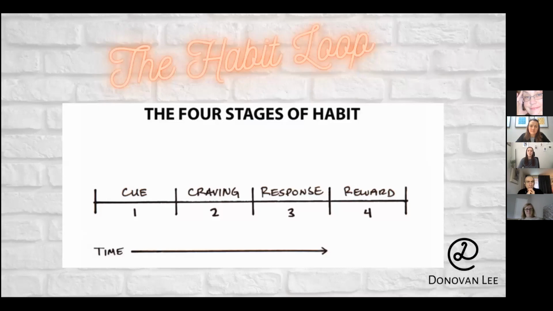So first there's the cue. The cue trains your brain to initiate a behavior. It's a bit of information that predicts your reward, and it's something that catches your attention. The best examples of a cue are time and location. A real life example of this is your phone. The cue is your phone buzzes with a new message.